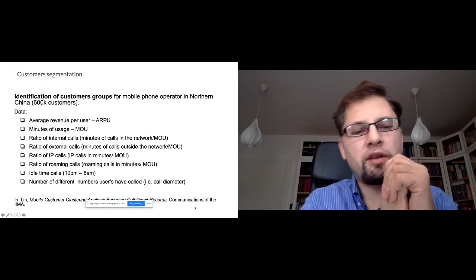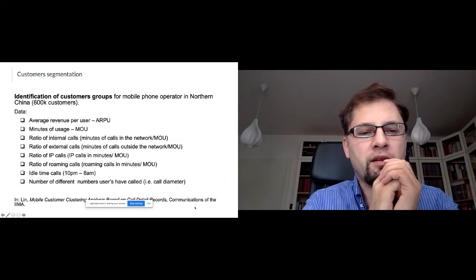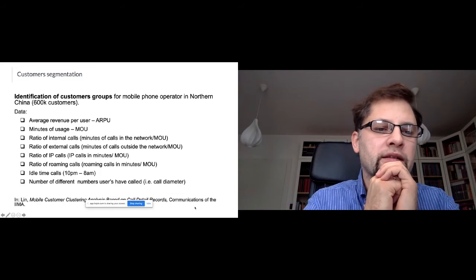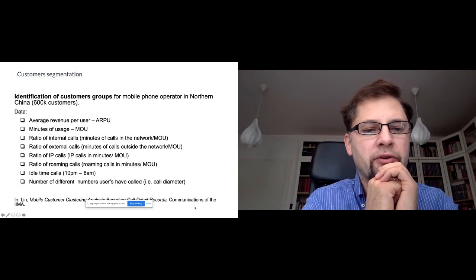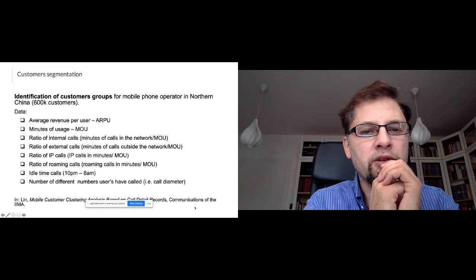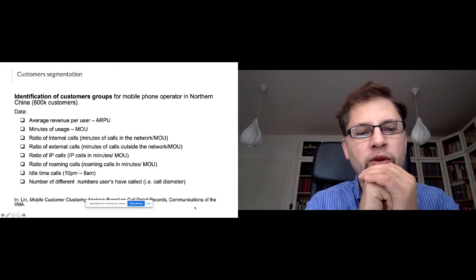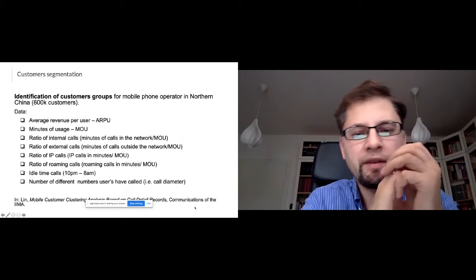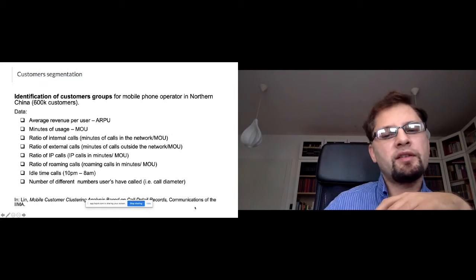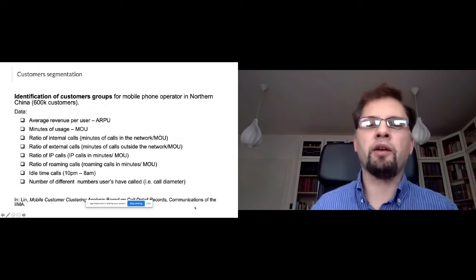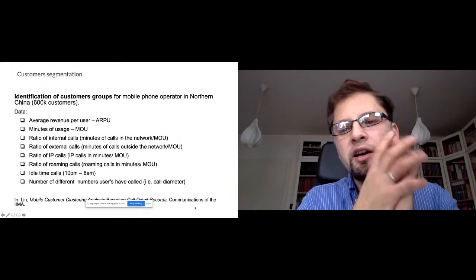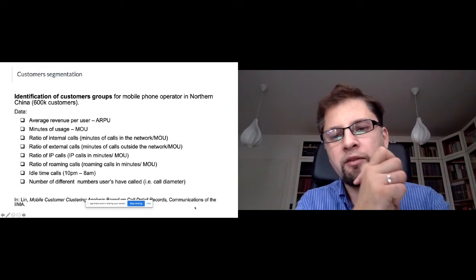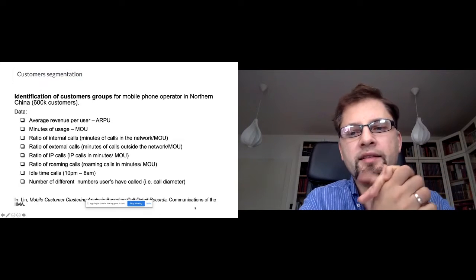And if you consider these attributes as features to machine learning algorithms, you are essentially doing clustering for 8 attributes, which is not a very difficult problem. And the outcome of this analysis can be very interesting to a mobile phone operator, because it essentially uncovers 3 clusters from this data, and